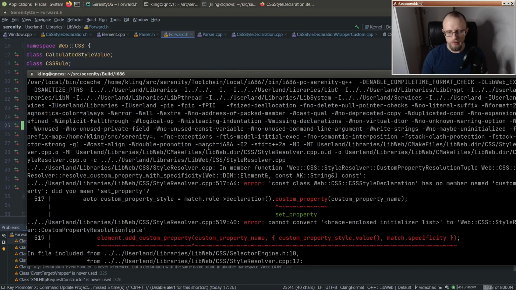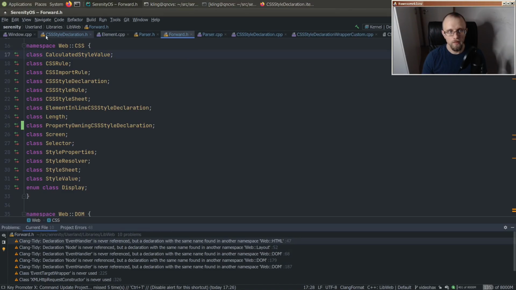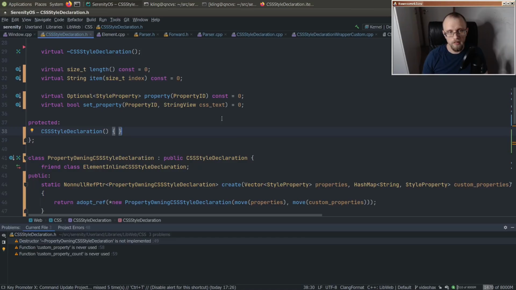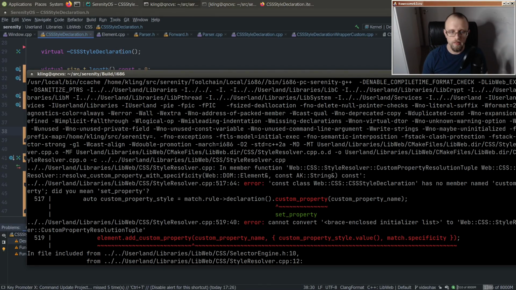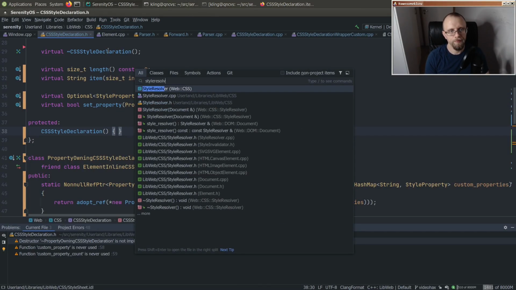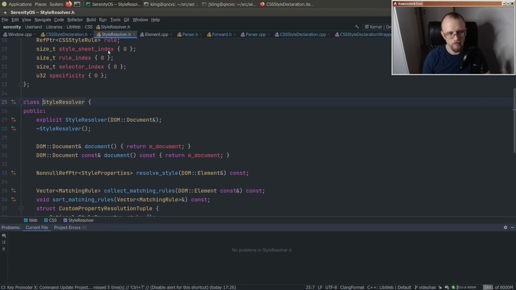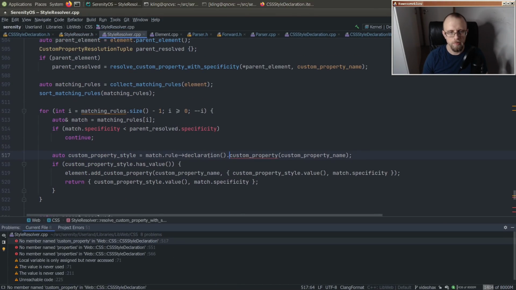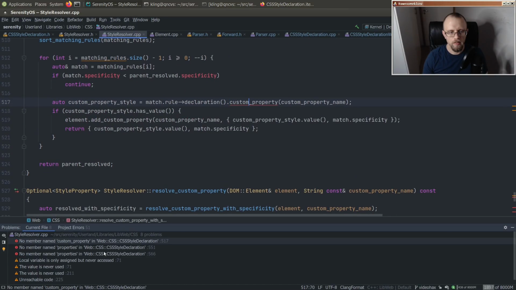Okay, and then custom properties become an issue. Right, what do we do about that custom property? So computed style is not going to have custom properties because it's computed. So all of that stuff will have been processed at that point. So what does it want with that custom property? Well,